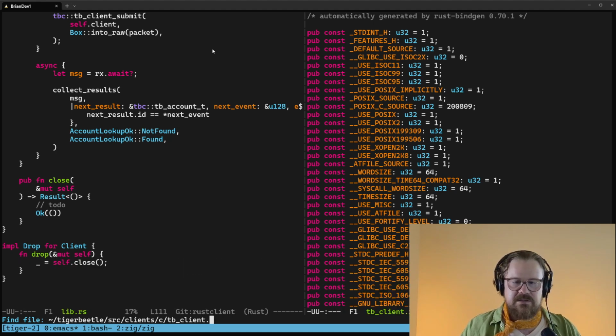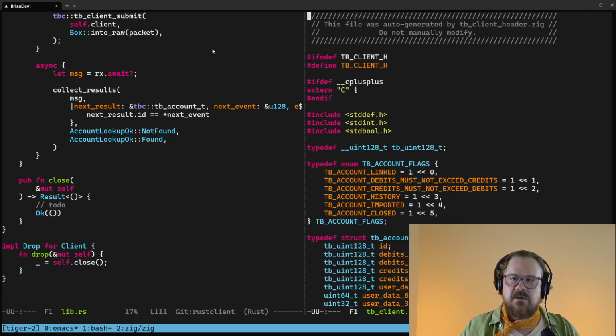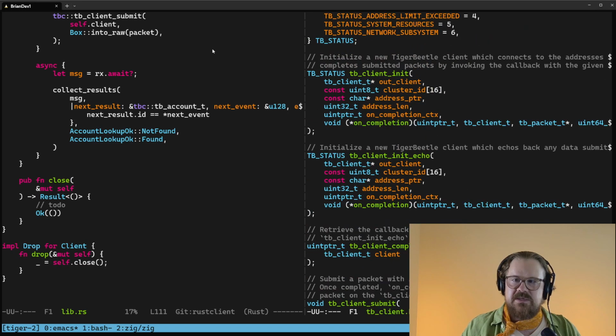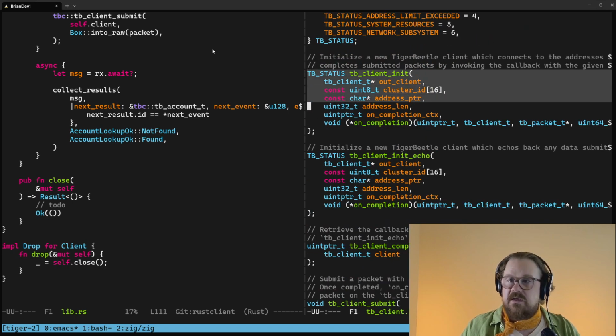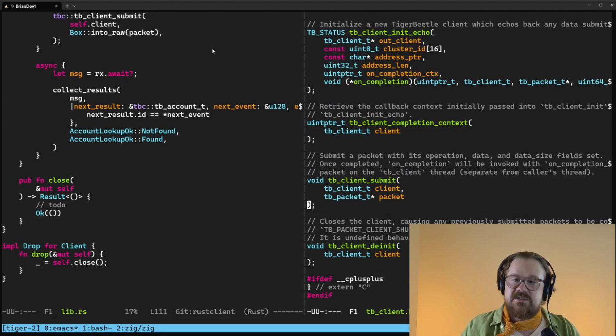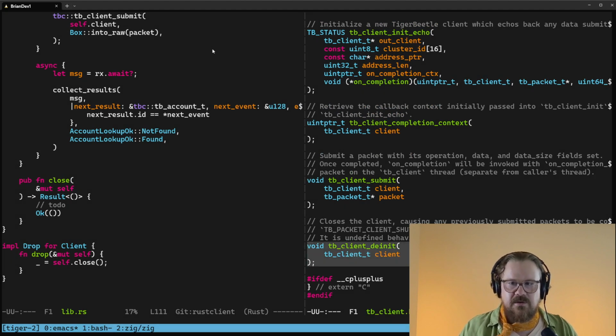tb_client.h, I think. And this should define some functions. Hopefully we can find them easy enough. TB client init, TB client completion context. We're not using this yet. I don't know if we ever need this or not. We're not using it though. Submit we're using, deinit. This is what we need. And you can see here that